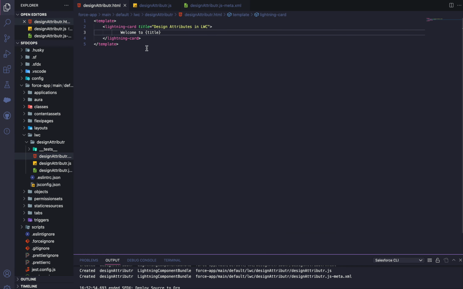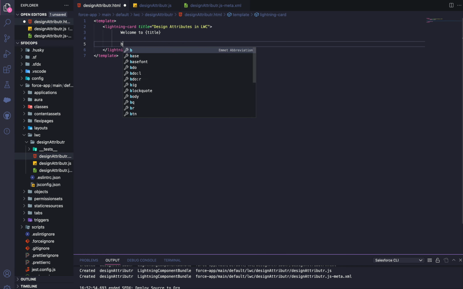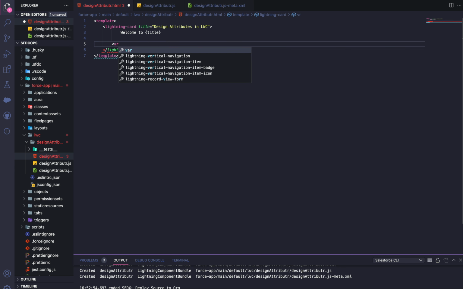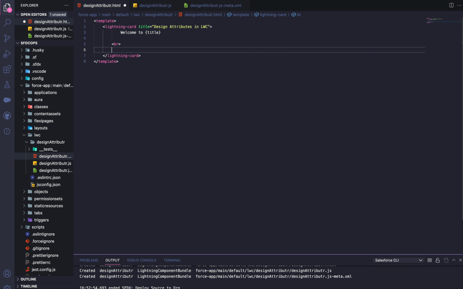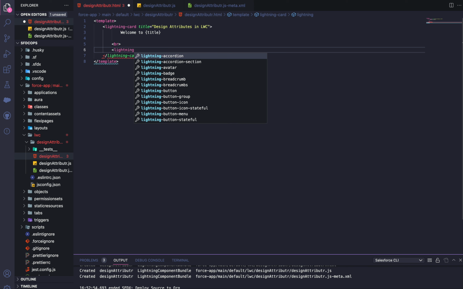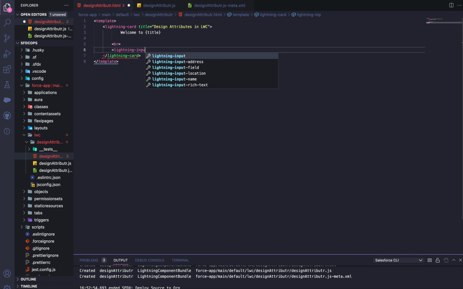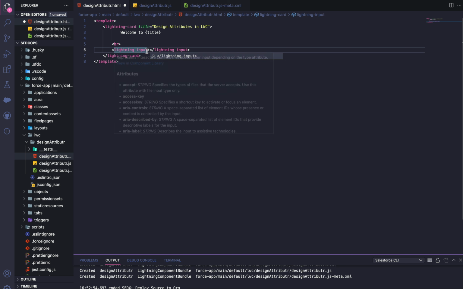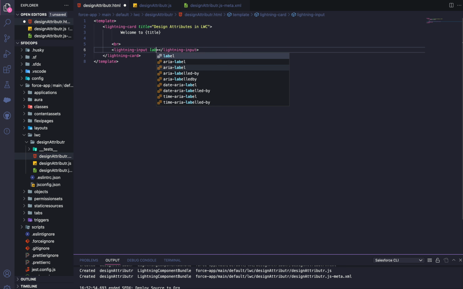Let me show you one more thing. Let's suppose I have created, just create a break tag first. Okay, this is my break tag, and just create a lightning input, just to show you how the role attribute works. In the lightning input, I'm putting a label as "enter the value